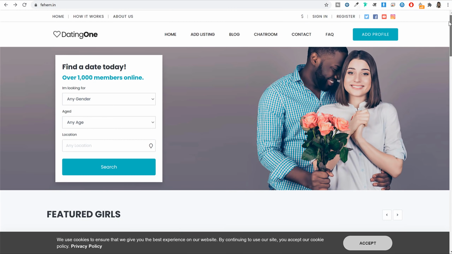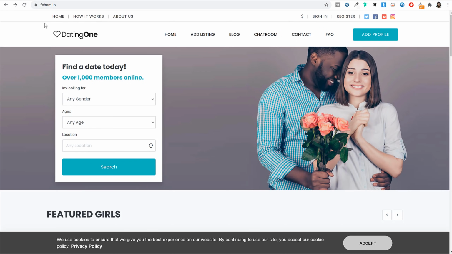So this is the website. At top, obviously, we have our header. Then after that, we have our first section. Now, let me tell you one thing. Creating this website is super simple. You don't need any programming or coding knowledge to create this. It's all simple drag and drop. And this is one design. There are more than 20 designs available for this website. So this is just one of those designs.